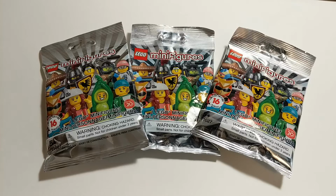Interesting note before I get these open, these are still selling for $3.44 at Walmart. And these are now priced at $5 on Lego.com. So either Walmart just doesn't want to mess with changing the price bracket. $3.44 is historically where they've been at for most of the series. I think they actually started even lower than that, but